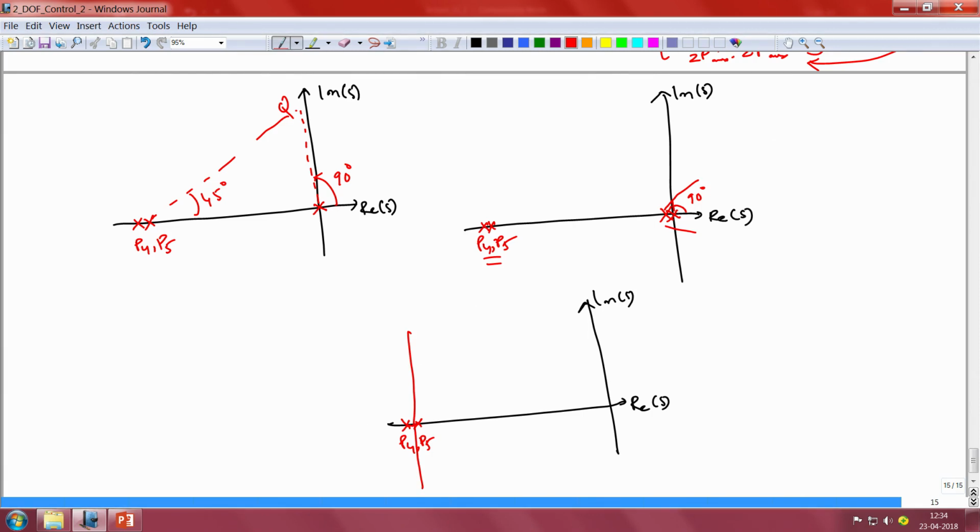The angle at which the asymptotes of these two branches of root locus tend to infinity will be plus minus 90 degrees. So what we would see in this case is that we would have no concern about the instability of the overall closed loop system because of these branches of root locus. That is because these branches of root locus will always subtend an angle of plus 90 degrees or minus 90 degrees with respect to the real axis, and hence will never cross over from the left half to the right half of the complex plane.